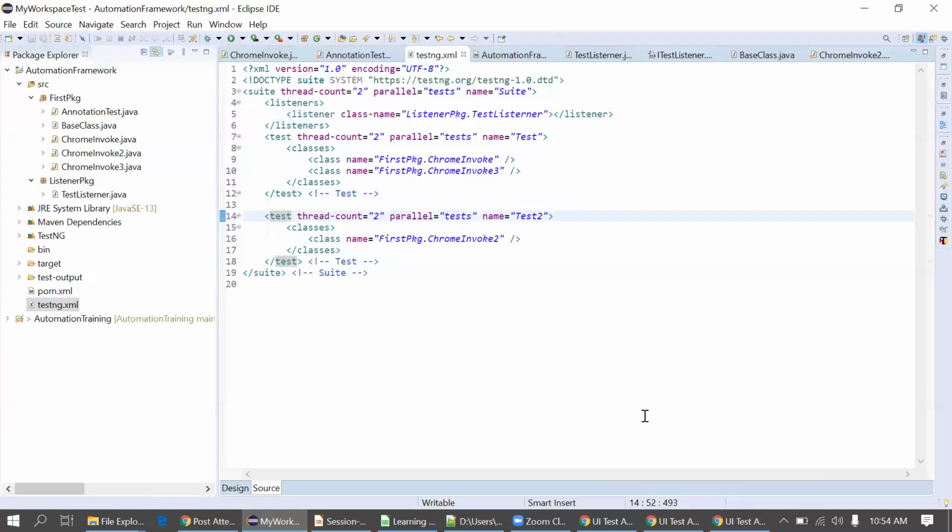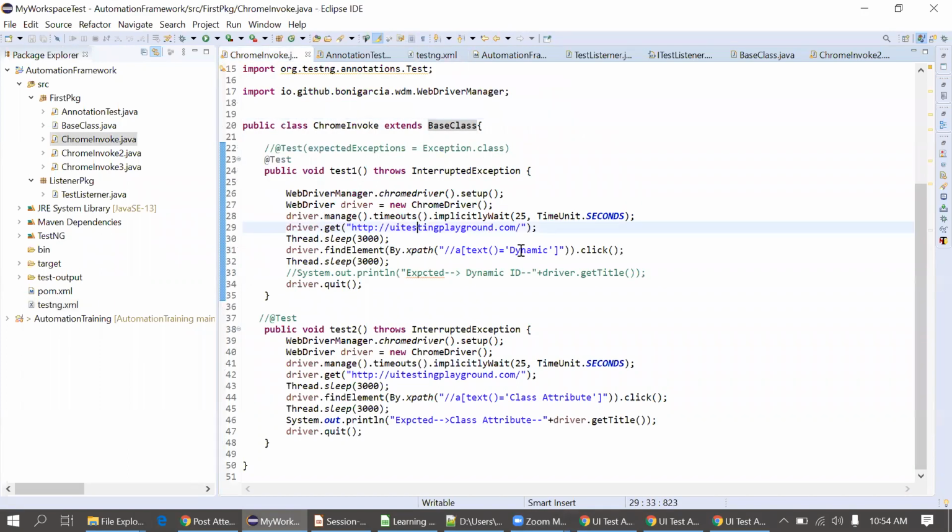Okay, any doubts? I'm opening the chat window now. Diksha's concern is that the listener is not clear. Okay, fine. Again I'm repeating the same thing: suppose your test case fails due to some invalid locator here, and you want to take a screenshot.